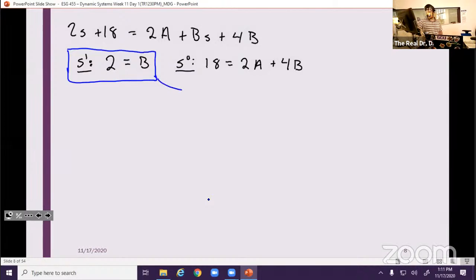I can take this and plug it in here, right? So this tells me that a is equal to 5. 2 times 4 is 8. 18 minus 8 is 10. 10 divided by 2 is 5. So a is 5, b is 2. Now we're good, right? We just go back, plug those into our original equation, and